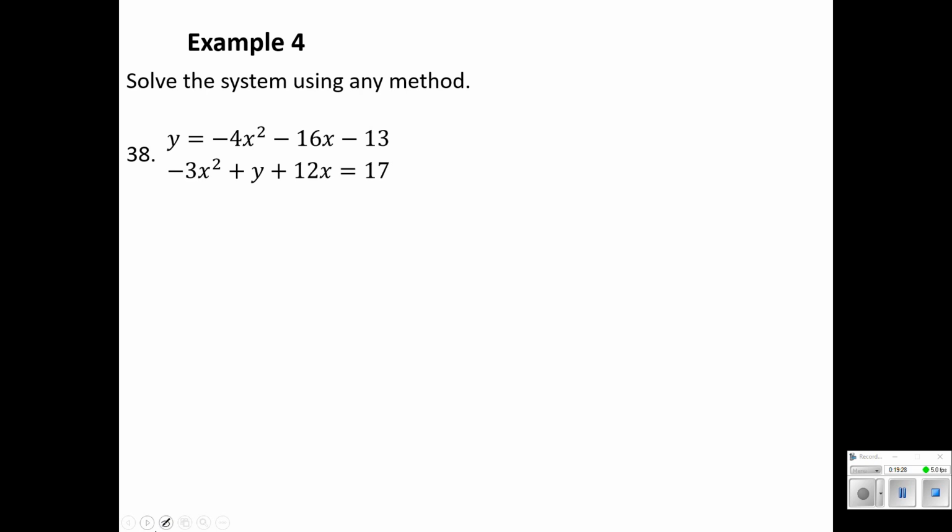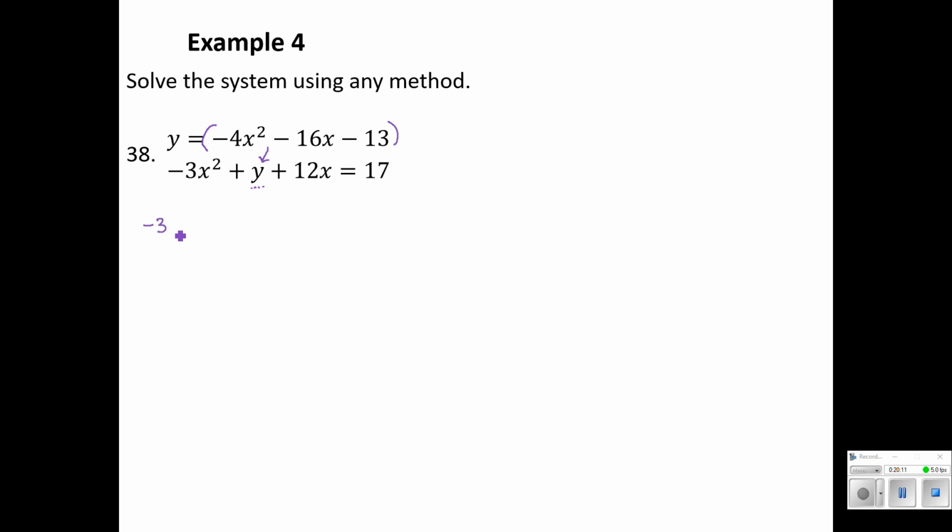Example 4, solve the system using any method. Well, here the first equation they've given us is perfectly in terms of y. So that is screaming substitution at me, because I've got a place where I could substitute that in directly into the second equation. Also, I noticed that if I wanted to eliminate any of the other variables, there'd be a lot of rearranging and also adjusting the equations. We could use elimination and maybe try and set up a case where we have negative y in the second equation, but the substitution just really jumps off when we see y equals.